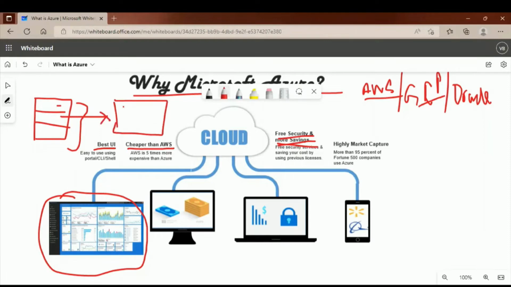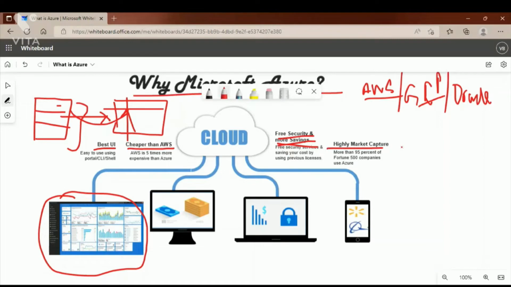If you already have 10 Windows licenses and you bring them to Microsoft Azure while deploying your virtual machines, it helps you save a lot. So that's one point: Azure provides the flexibility to switch from on-premises to cloud.